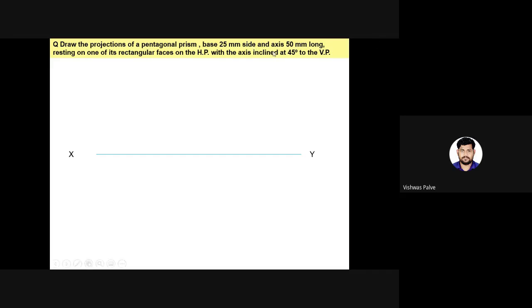So here in this problem, they are saying that it is resting on one of its faces on HP. Suppose this object were a pentagonal pyramid, it would rest on a triangular face on HP. So this is stage 2, and the inclination of 45 degrees is nothing but stage 3. So with the help of these two, we have to identify which will be stage 1. Stage 1 means, suppose you want to rest the object on the horizontal plane, in stage 2 if it is going to completely incline with HP, so the base will be drawn,